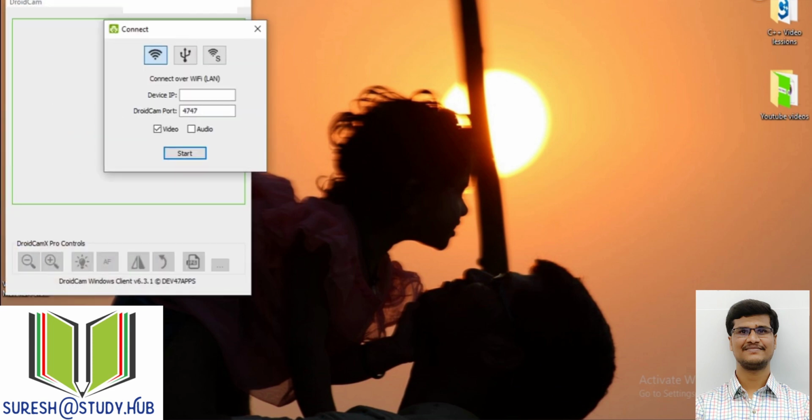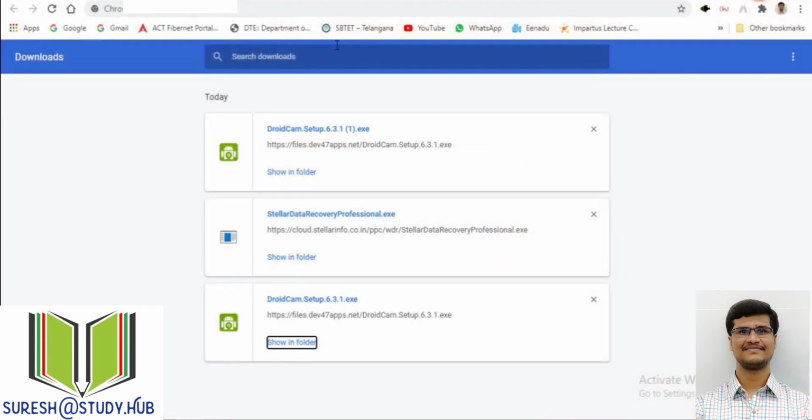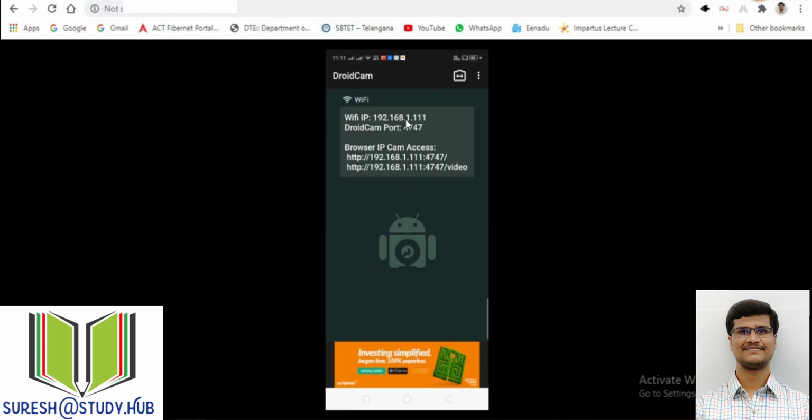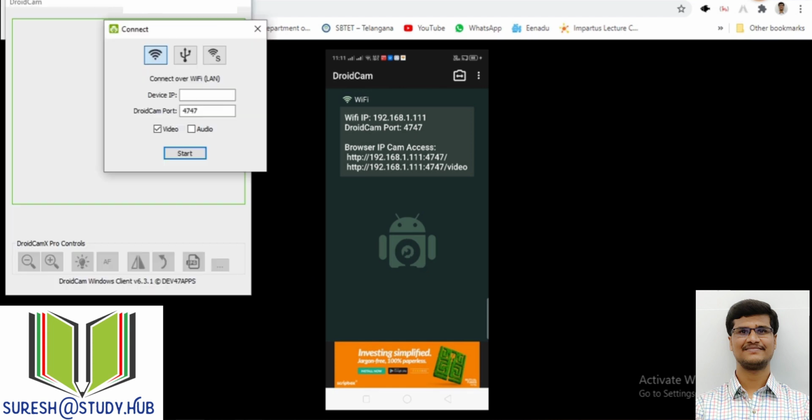Yeah, this screen will be like this. In this we have Wi-Fi mode. So if I have Wi-Fi mode, just go to your phone. Okay, in that we have this Wi-Fi, right? So whatever the Wi-Fi address is there, you have to enter over here. This IP address, you have to enter this 192.168. Like that you can connect using Wi-Fi. But if you are connecting using Wi-Fi, then there may be some connection problems and there is some delay. So better you can go for this USB.